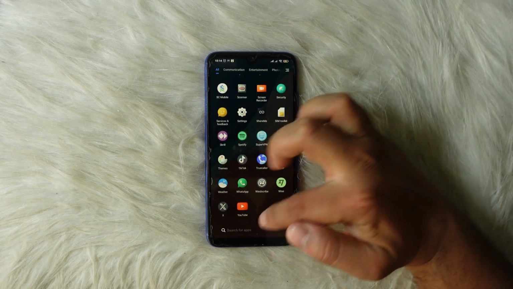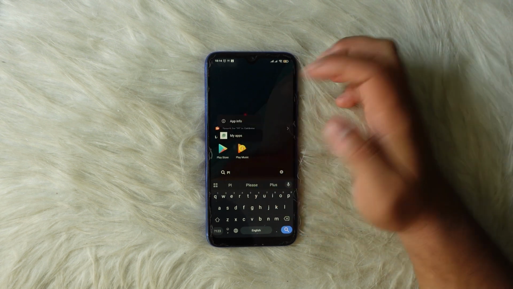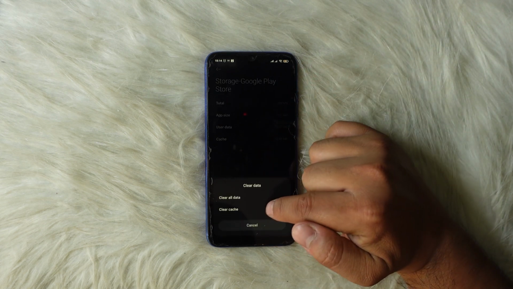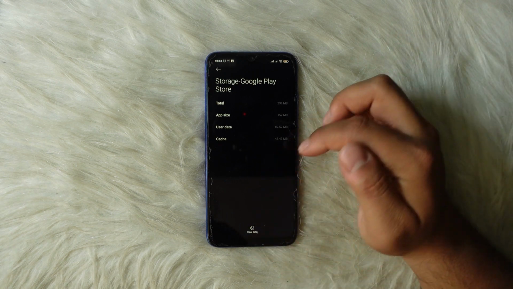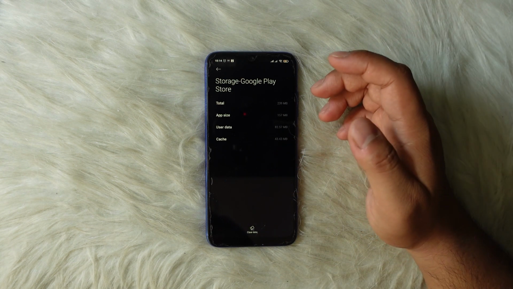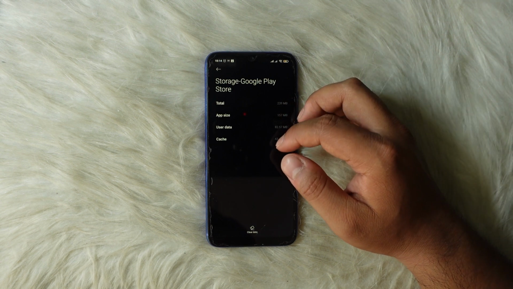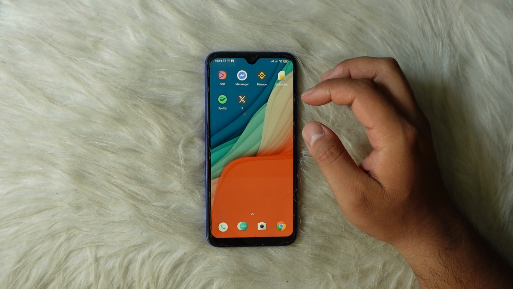So in the first situation, what you can simply do is tap and hold the application of Play Store, head over to the "i" icon. Once you're inside, tap on the storage option, and right here you should be able to see the options called clear cache and clear all data. Make sure you tap on it and try to see if the issue is resolved. If you're using an iOS device, you'll need to manually refresh the updates by heading over to your profile icon within settings. Now, if by doing this first step you're still facing this issue,